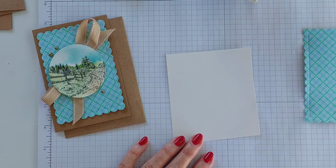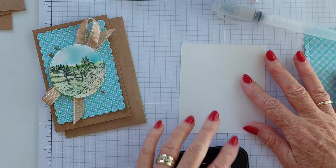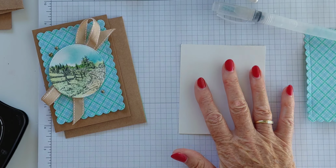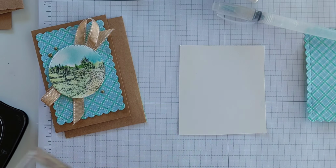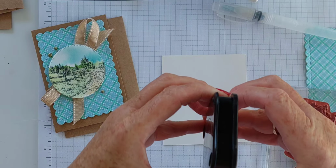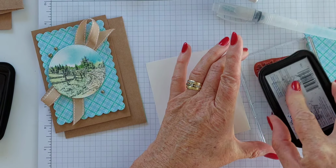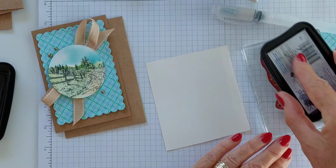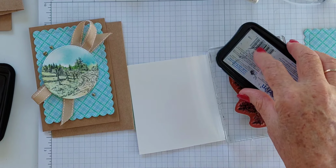So let's go ahead and put a little bit of water on, stamp it first. So I've got a piece of shimmer paper, which is watercolour friendly. You can use our fluid watercolour paper as well if you like. That works even better. So I've got the large stamp ready to go, and I'm going to stamp with Stays On. Stays On is what we use when we're watercolouring. Memento won't work. You've got to have the Stays On. So ink that up nicely,